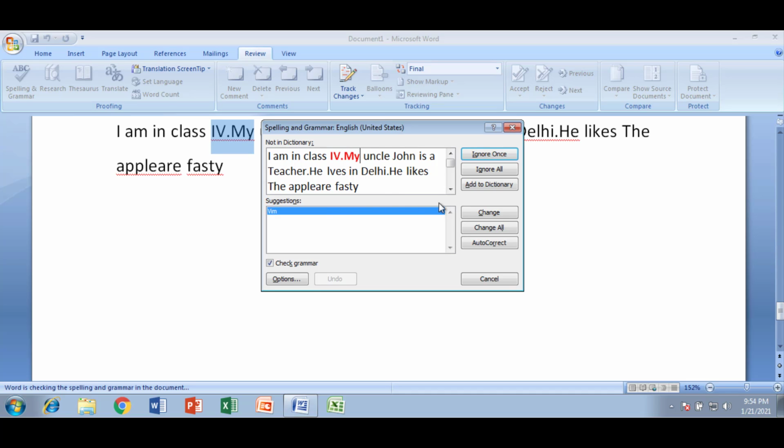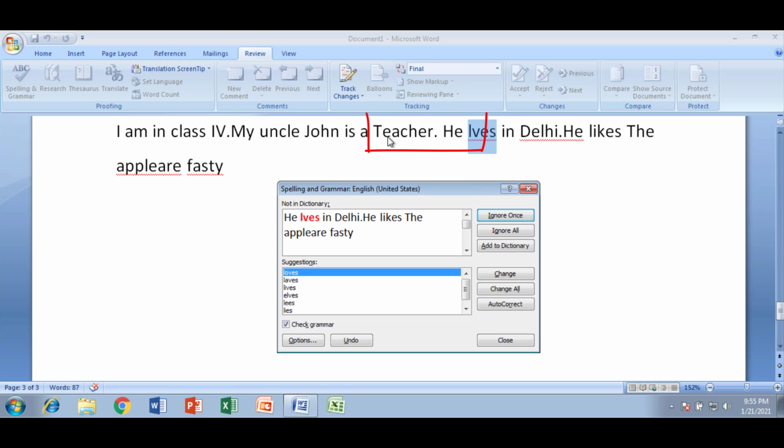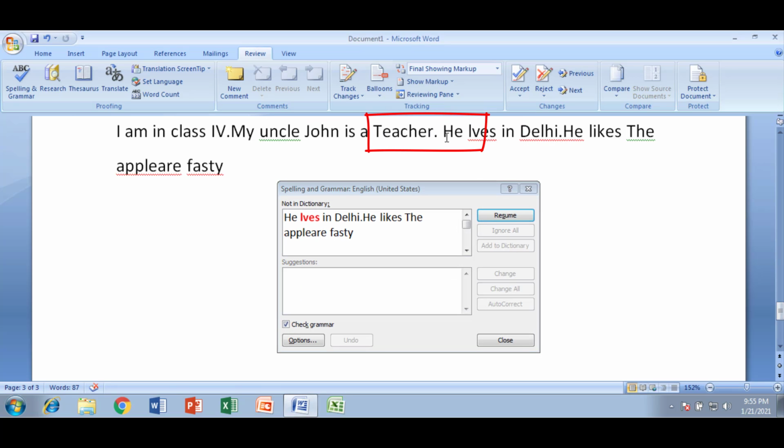If you want to change, click on Change. If you don't want to change, just click on Ignore Once. After that, you also see one more spelling mistake. If you want to change, simply click on Change. It changes according to the suggestion. After clicking on Change, you can see the change is visible over here.